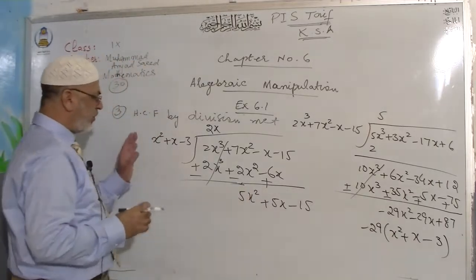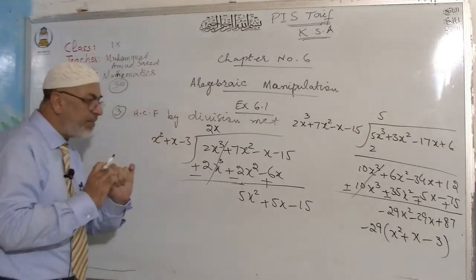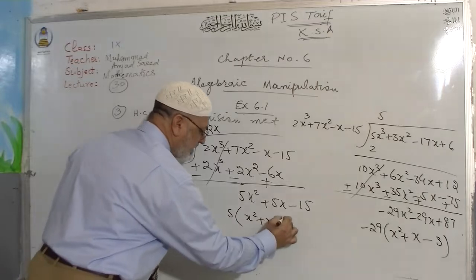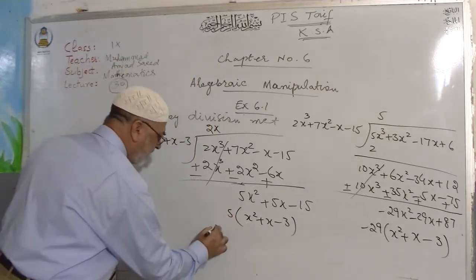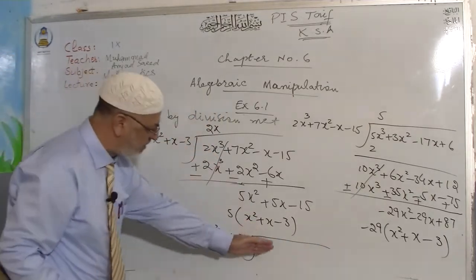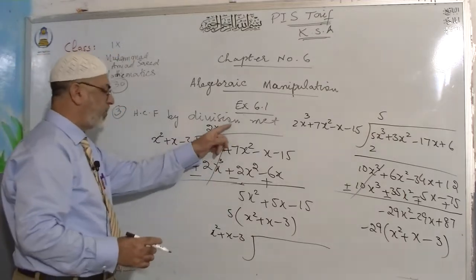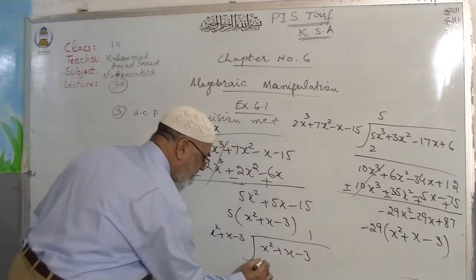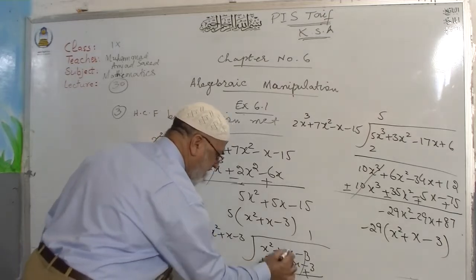You can check, you can divide this directly because it is further divisible, or even you can take 5 common from here. X square plus x minus 3. Now you can check, this is the number, it can be written outside and the divisor will come inside. This is the alternate. You can do it this way or you can do another time by 5 here to plus 5 and do it. X square plus x minus 3. With 1 it will go x square plus x minus 3. You can change the sign and cancel them all.